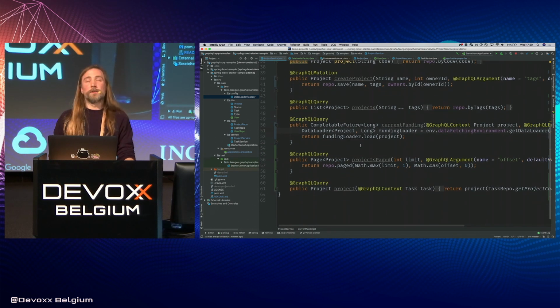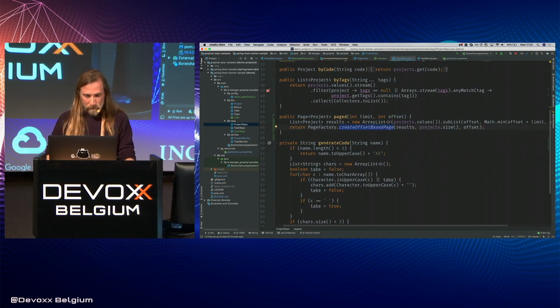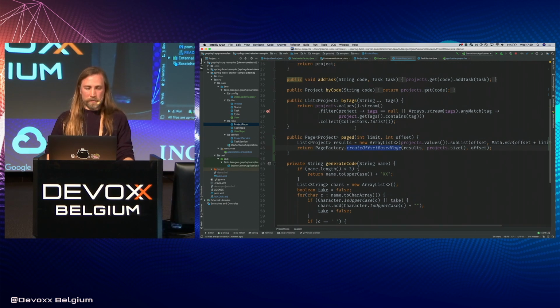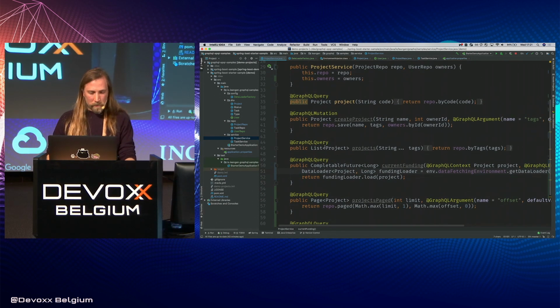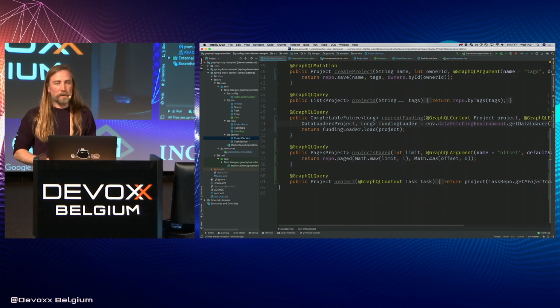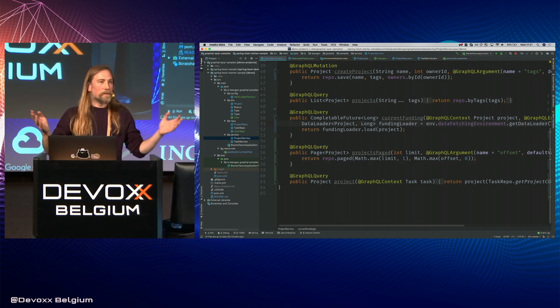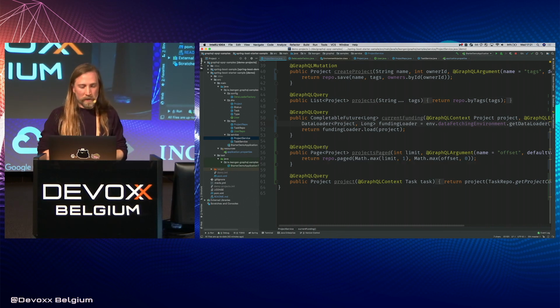Yeah, I showed you the subscriptions. Maybe another interesting thing would be to see paging as well. So here's an example with paging. I mean, there's nothing magical about paging. You can just give limit and offset and return a list, and that's it. You have paging. But there is this optional